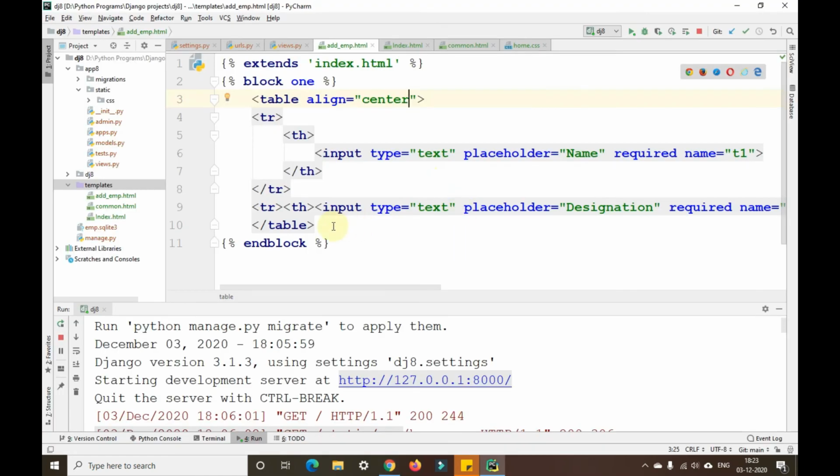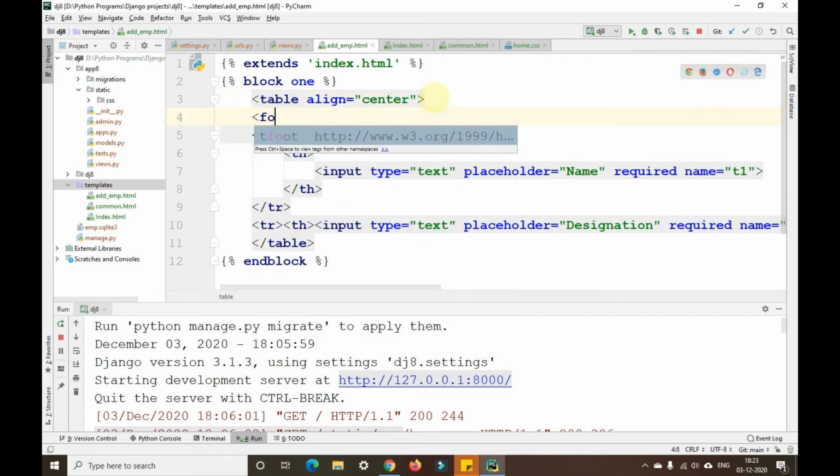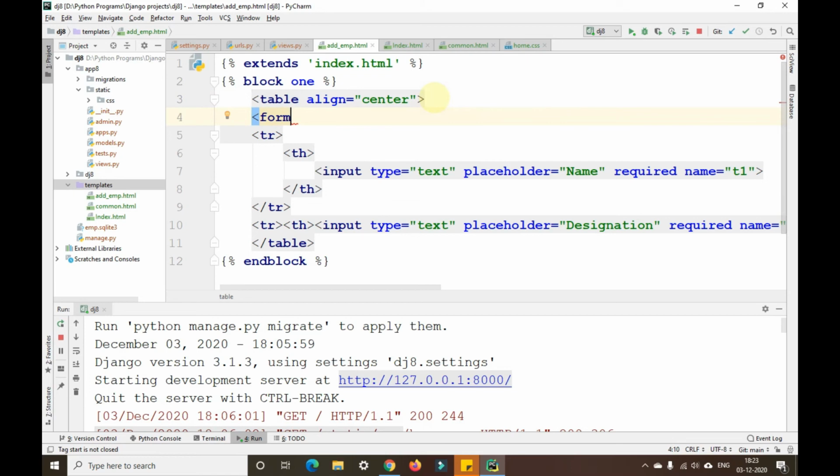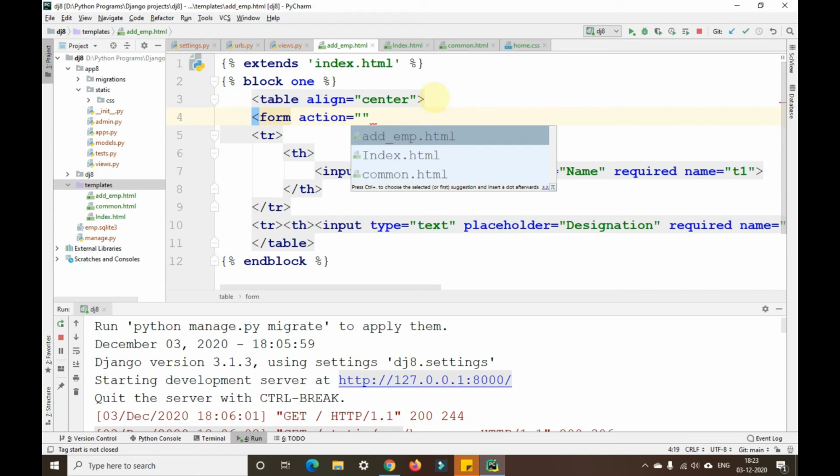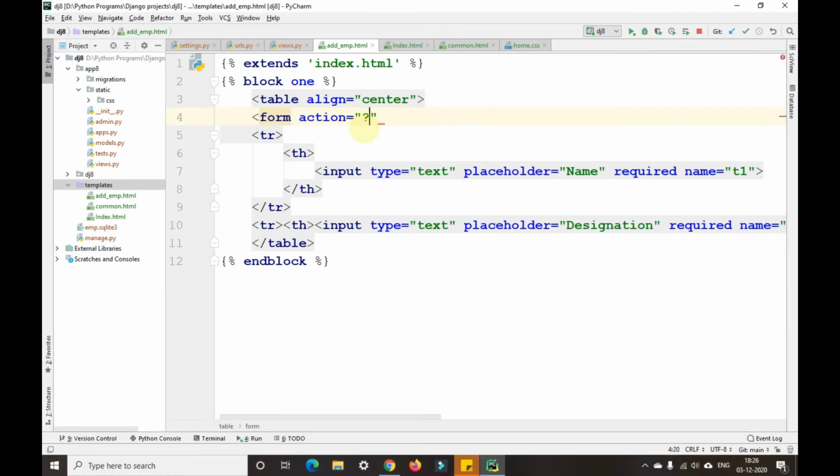So now I'll add a button here. Before adding the button, I need to add a form here. Form action equals to, I'll give the action as, and I'll close this. The form should be closed after this particular table tag.